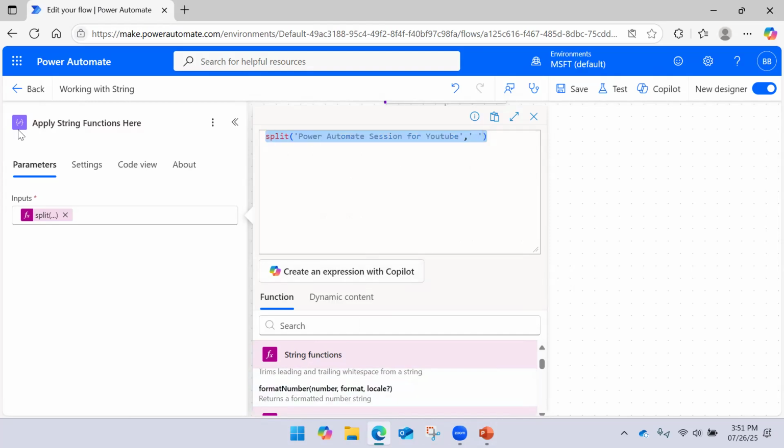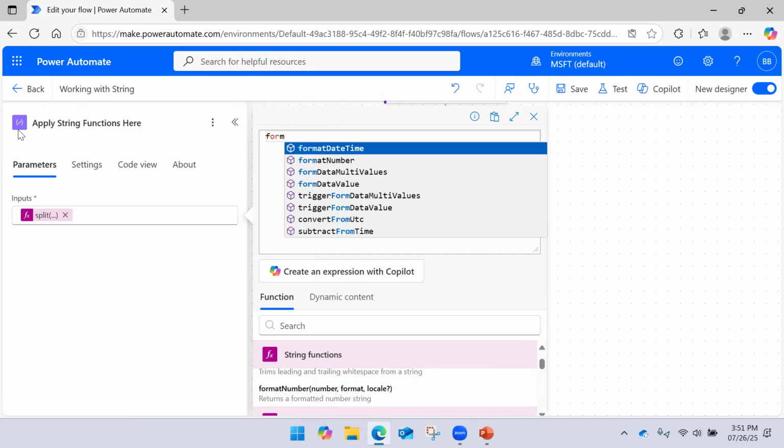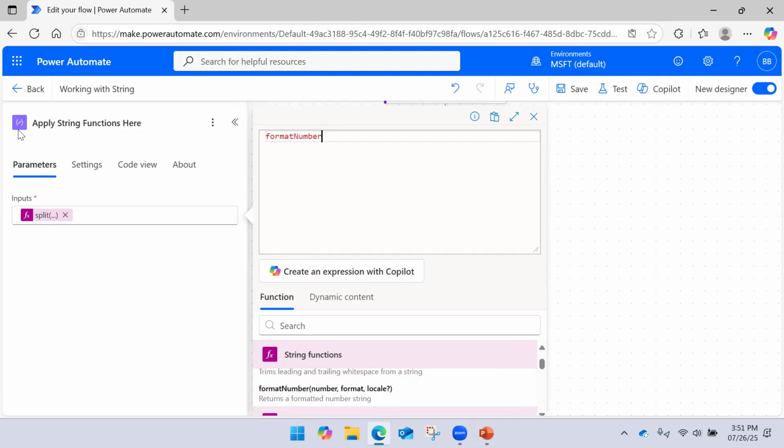Let me try using formatNumber, to see what kind of arguments it accepts. So I will say 1000, then the numeric format string. Here you should specify what kind of numeric format string. So floating point, let's say I'm just saying float.